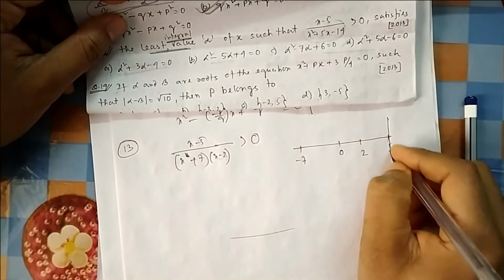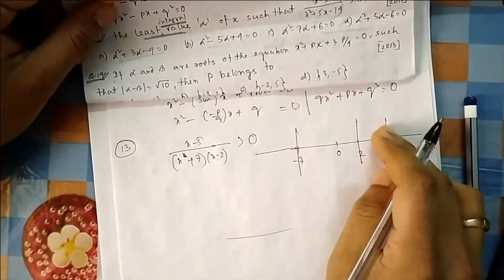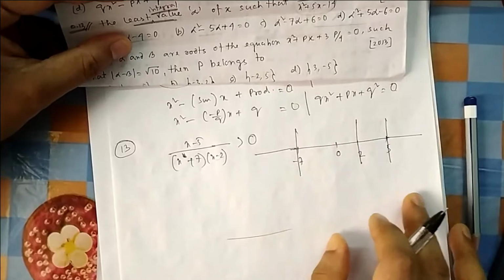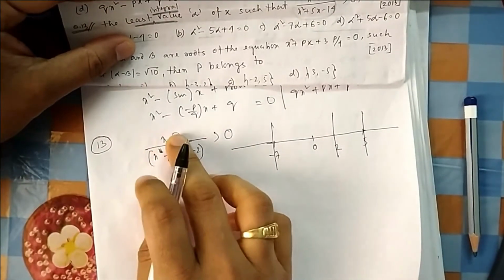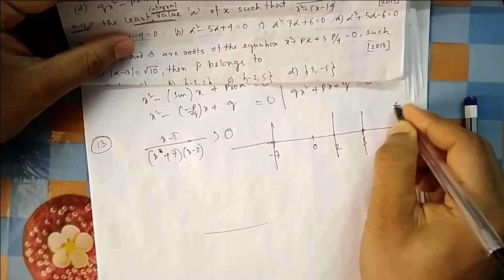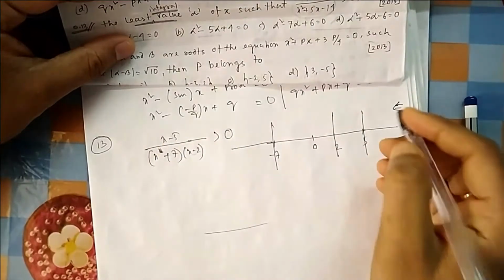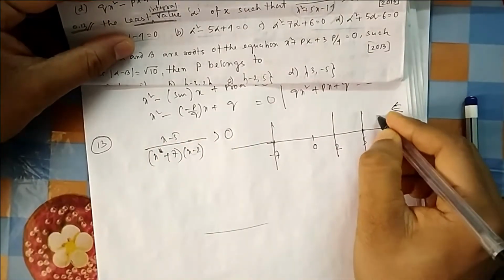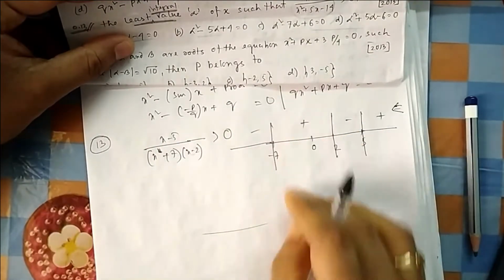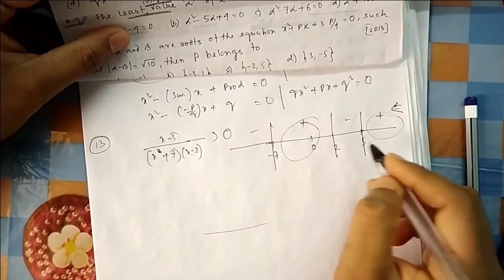That means you have to dig a hole and you have to put poles here. Okay. Now it is a standard format, because x minus alpha, x minus beta, x minus gamma. I told you for standard format, you don't need to calculate by putting 0 which one is positive or negative. You just start from this side, this is plus, this is minus, this is plus, this is minus, that's it. So because it is greater than 0, you have this zone and this zone.